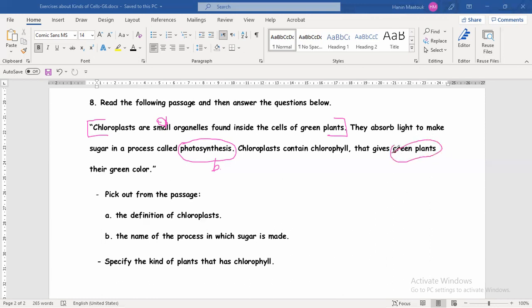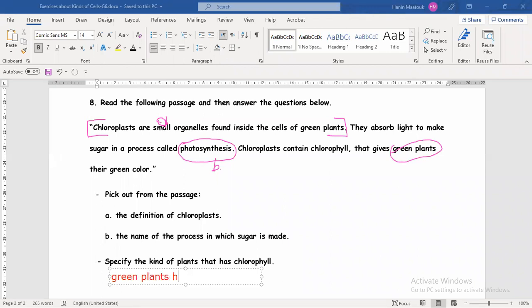And because I have said specify, that means I have to explain why green plants, why not any other plant. Because chlorophyll is found inside the chloroplast. And we know that chloroplasts carry out photosynthesis. Photosynthesis is a process that happens in which kind of plant? It happens in the green plant because green plants make their own food and they need the sugar so that they can grow and survive. So the answer here will be